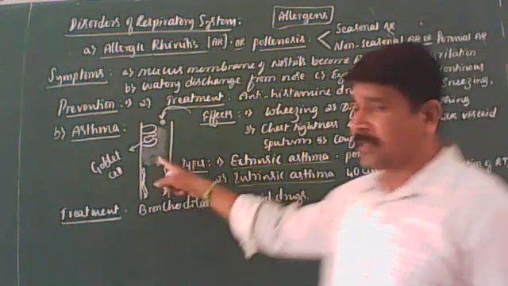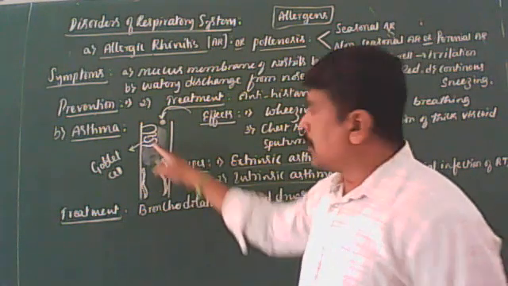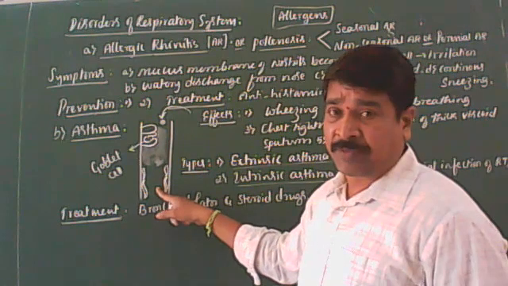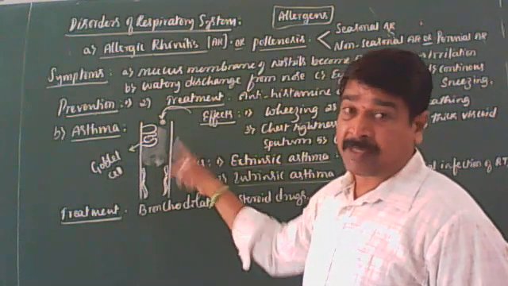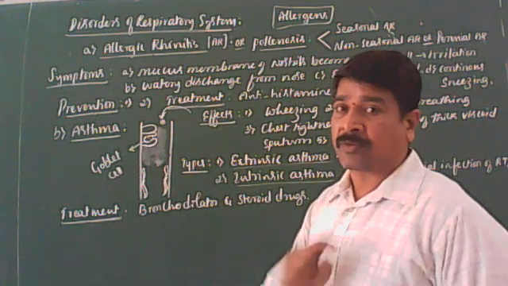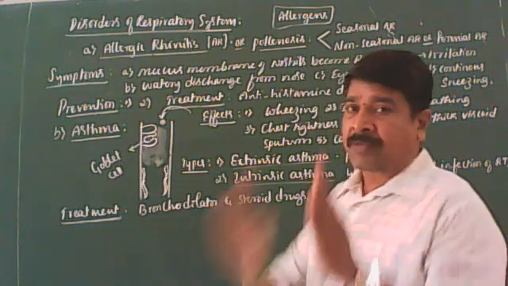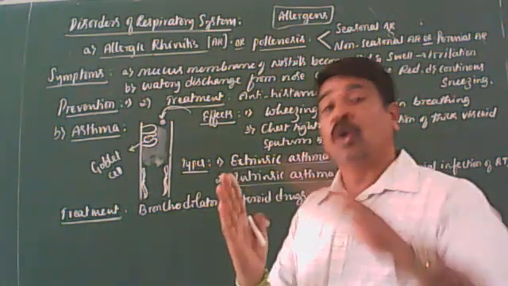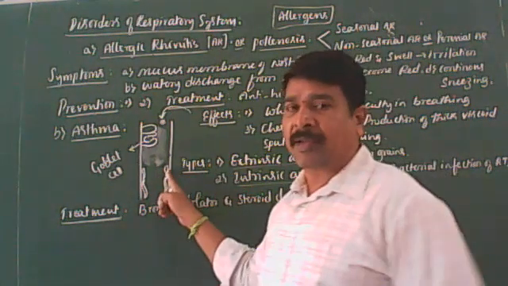As we discussed earlier, when a foreign substance enters the bronchi, goblet cells secrete a large quantity of mucus. Then smooth muscle fibers undergo contraction. Hence, the air passages become narrow. At that time, the person finds it very difficult to breathe out. That we have discussed. When the person takes these drugs, they always increase the lumen of the bronchi. Those drugs which increase the lumen of the bronchi are called bronchodilator drugs.